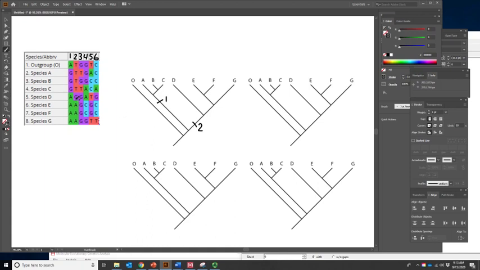Now, the remaining species are not completely uniform. Species D is different from the other 3. And there are 2 both equally acceptable ways to do this. And without further taxon sampling, adding extra species that would be intermediate here, we don't know which is the best, and either one works. So either this little mark that we've made here on this branch represents a mutation from